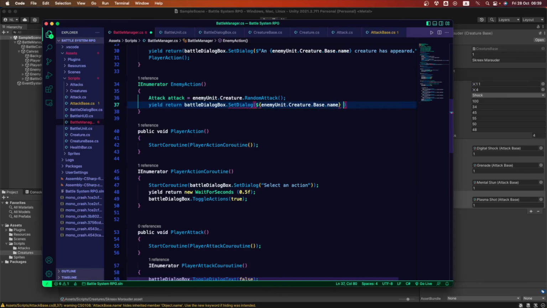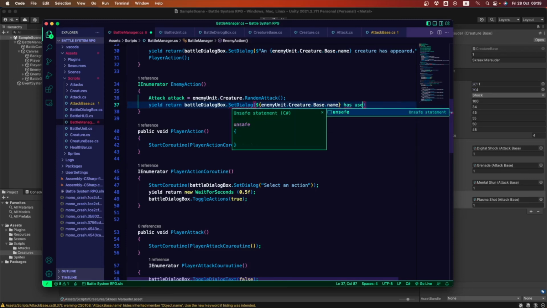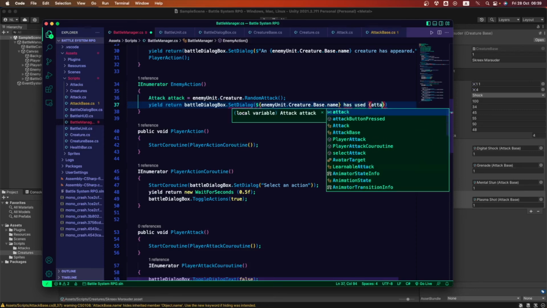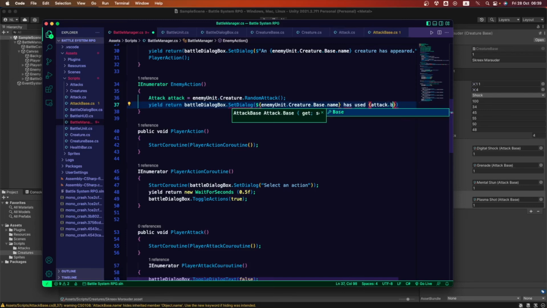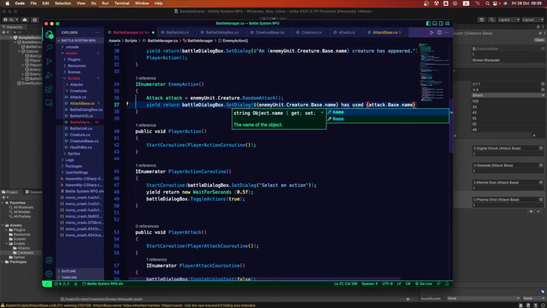So the name of the enemy, we're gonna say has used, and it's gonna be using what? Attack dot base dot name. Where is this attack dot base dot name coming from?